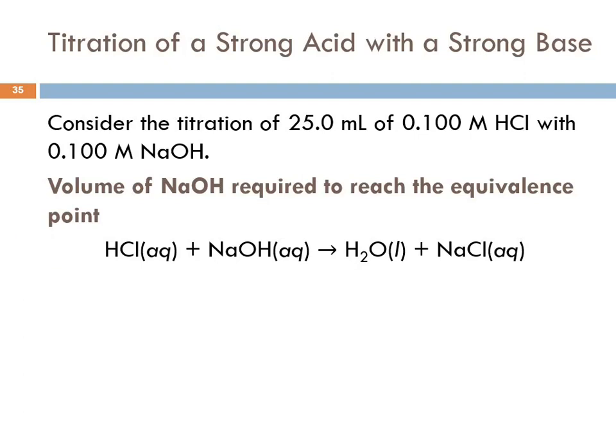Well, there's different ways to calculate this. And I know that some people like to use the dilution equation, M1V1 equals M2V2. The really dangerous thing about that is it works sometimes, but not all the time. I prefer to go with things that work all the time. And so I prefer to view titration as a stoichiometry problem. And that, I think, gives you a better understanding of what's going on instead of blindly plugging numbers into an